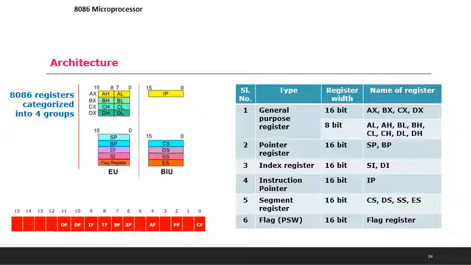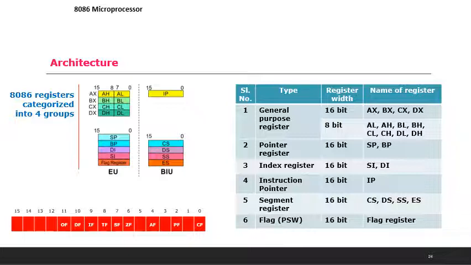When these registers are separated into 8-bit registers, we have 8 general purpose registers: AL, AH combined together called AX, BL, BH combined together called BX, CL, CH combined together called CX, and DL, DH combined together called DX. And it also consists of a 16-bit flag register.